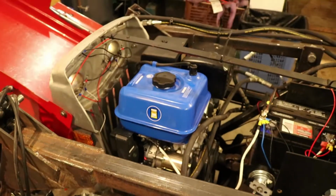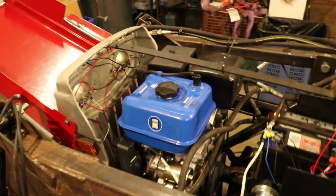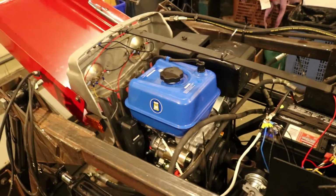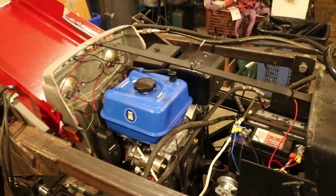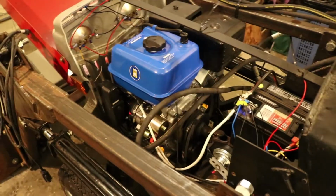420cc engine. I can't remember what they're called in Harbor Freight, but anyways, I got it for $269 Canadian, which is actually really good. It would have cost me $300 to get a tune-up of the old engine, so I completely replaced